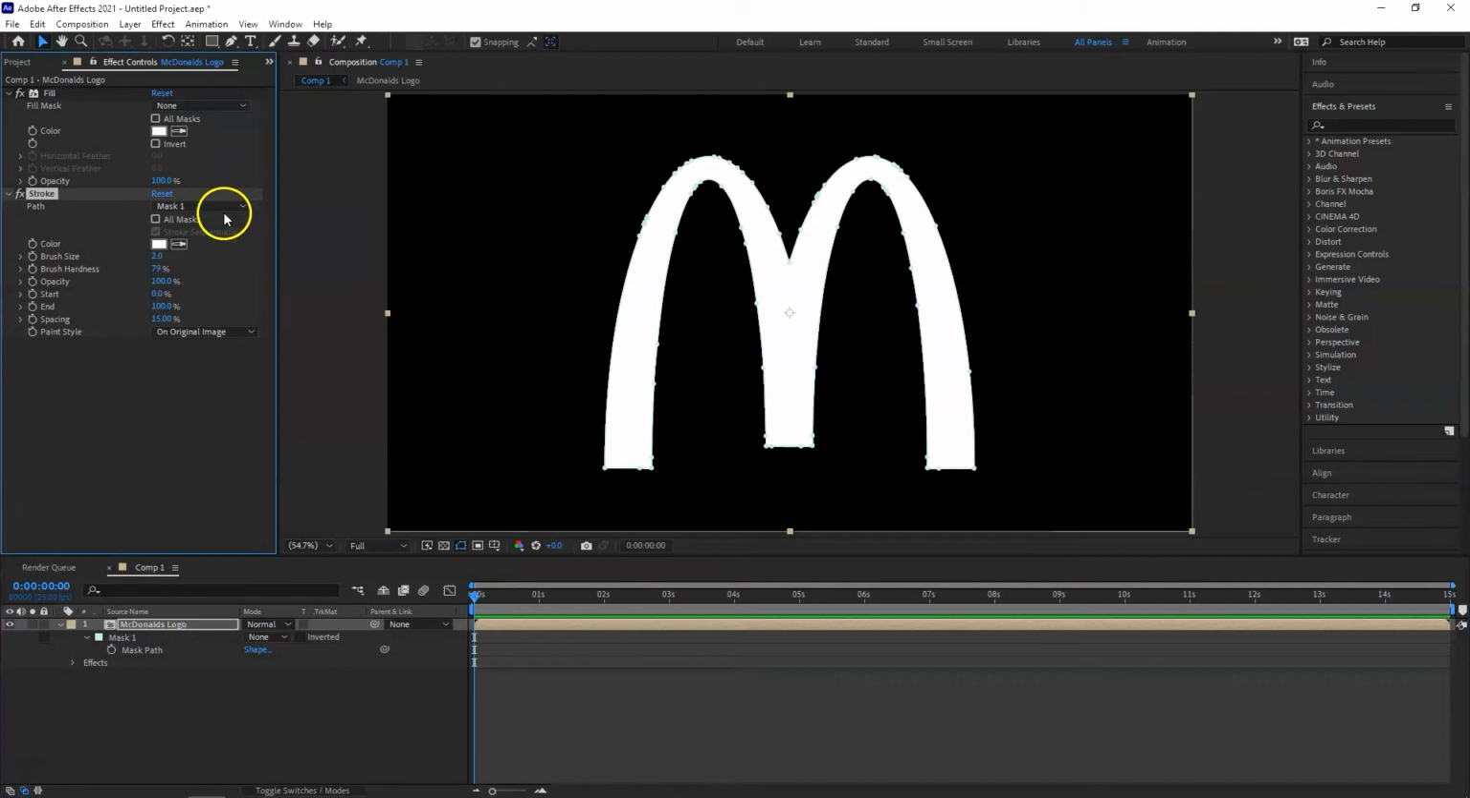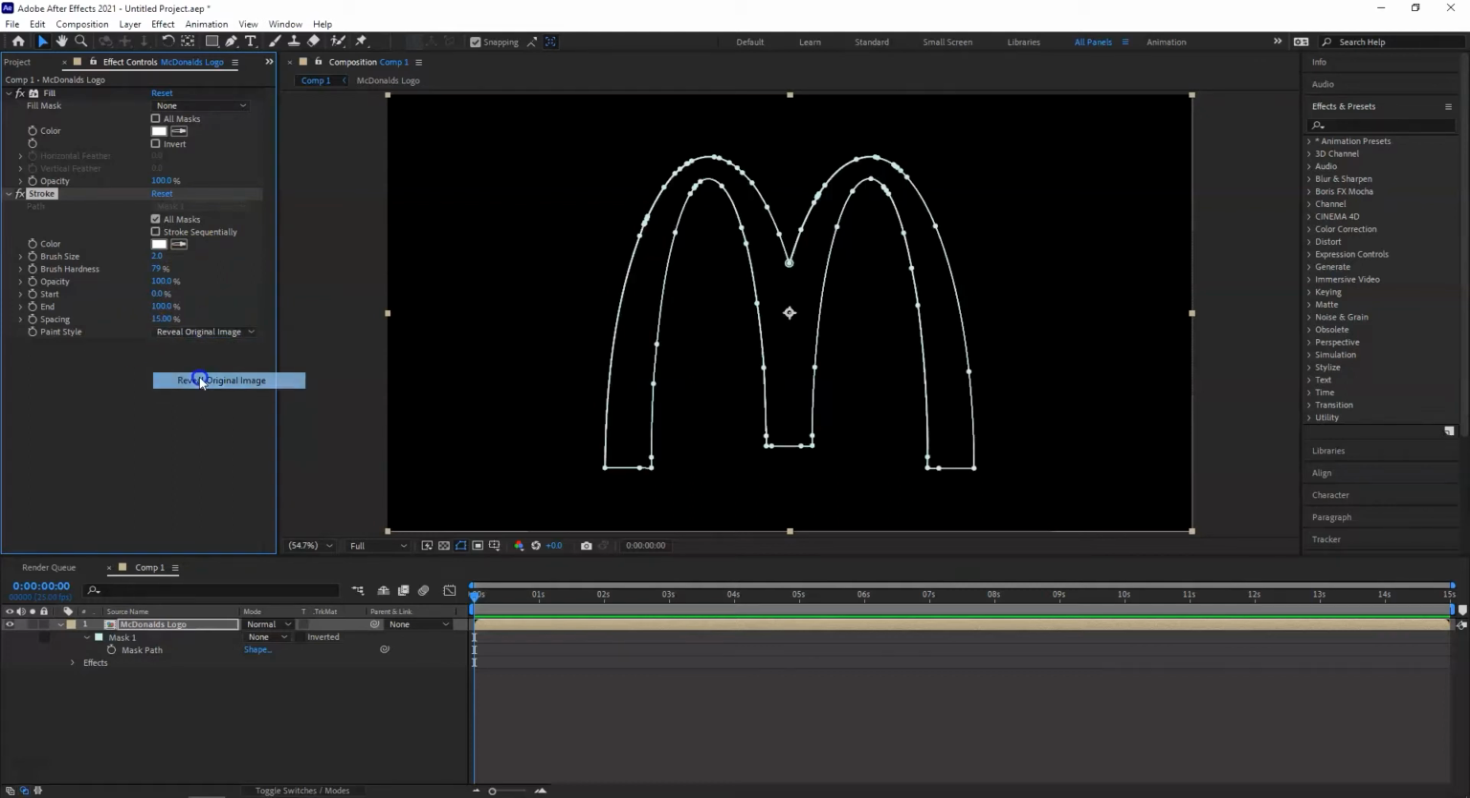In the stroke settings, click on All Masks and, if it's not already selected, check Stroke Sequentially. Okay, and select the paint style as Reveal Original Image. Okay, now in the start, while the timeline playhead is at 0 seconds, change the start value to 100, put a toggle on,